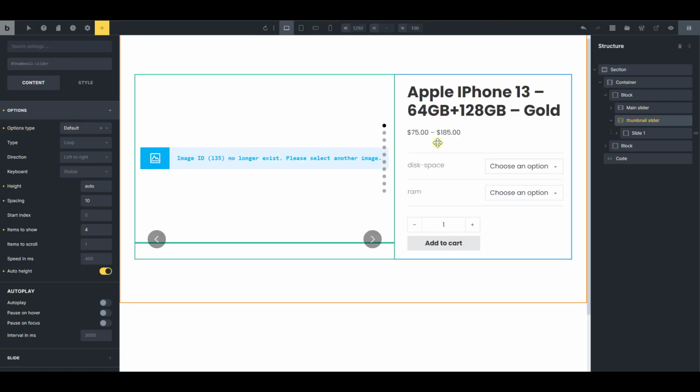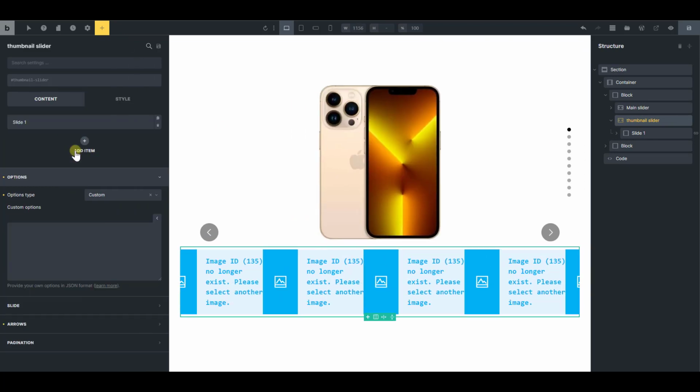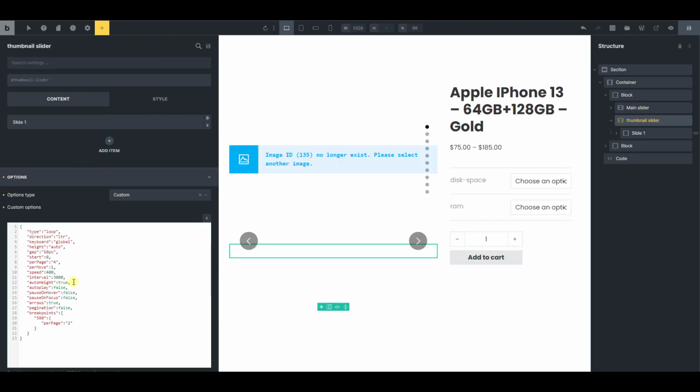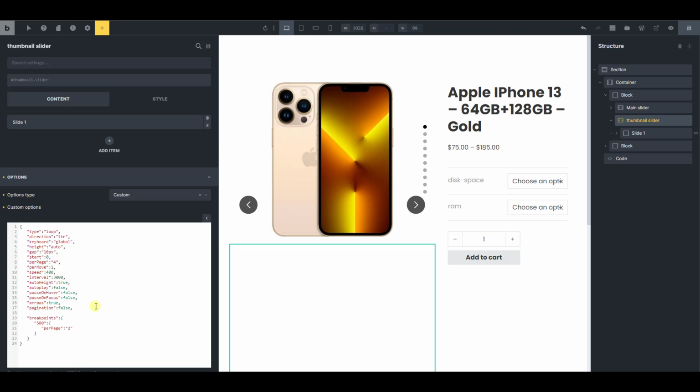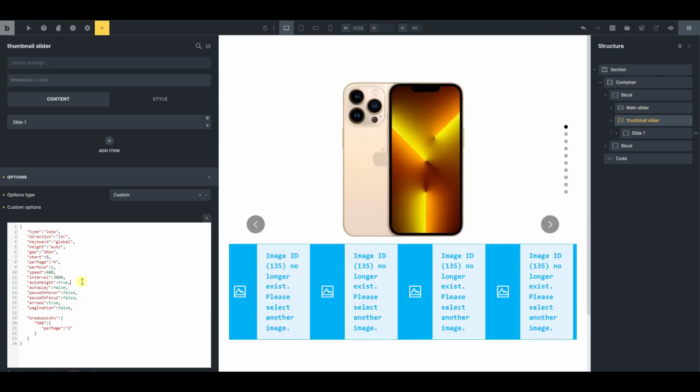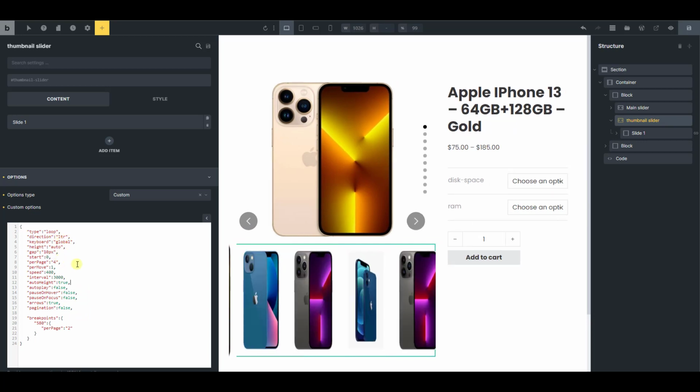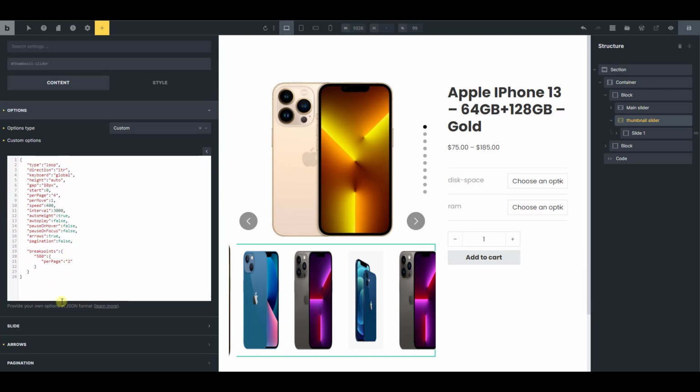and instead of using the default options, we're going to switch to the custom option, and then paste that JSON, and we have exactly the same settings. But the good thing is it gives you an idea of how to format this JSON. Be sure to put in the commas and pay attention to the formatting of the JSON. So taking the JSON from the attribute already gives you an idea of how to format it. For instance, we have a breakpoint here, and you can easily duplicate it and add more breakpoints and more settings to the breakpoints. So I'm just going to save this and go to the front end and check